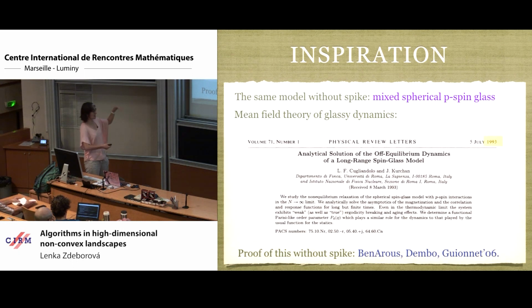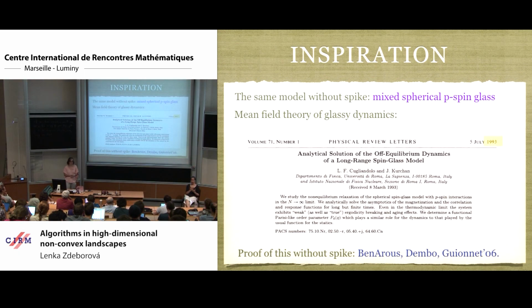They derive equations. I will show you our version of the equations for our model on the next slide. But for this particular paper, they don't have the ground truth, they don't have the spike. Otherwise, it's the same model that they deal with. For their model, the fact that the equations are rigorously and correctly describing the dynamics is proven in a paper by Gérard Ben Arous, Amir Dembo and Alice Guionnet from about 13 years ago. We haven't done that proof for our equations yet, but that's a job for somebody who feels confident about reading that paper and generalizing it to our case.